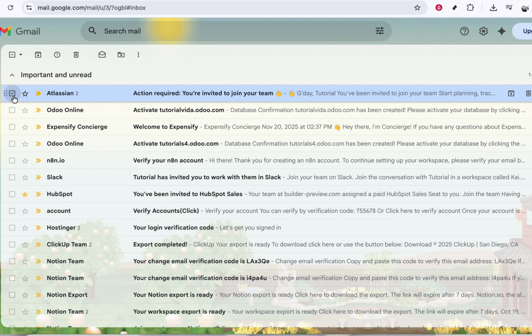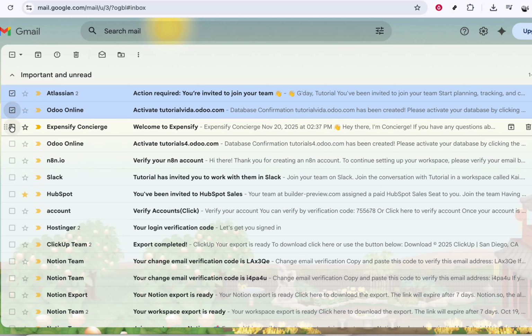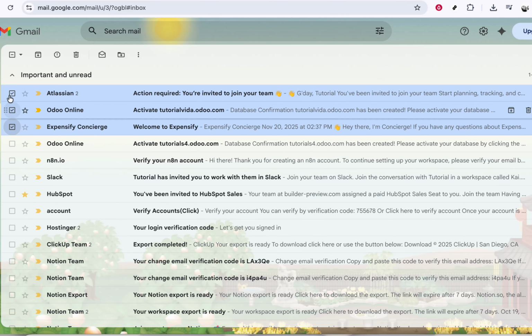receive. To select the emails you want to report as spam, move your mouse to the left side of each message in your inbox. You'll see a small, empty checkbox appear next to each email. Click on the checkbox beside every email you want to mark as spam. When you click it, the box will show a check mark, and the email row will usually be highlighted, letting you know it's selected. You can select just one message or multiple messages at the same time if several are